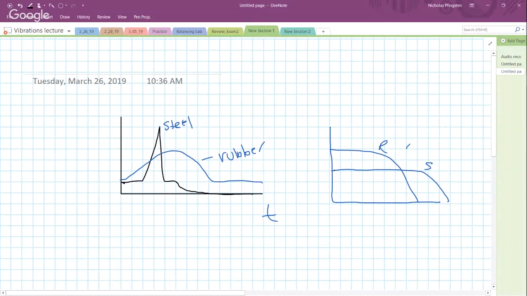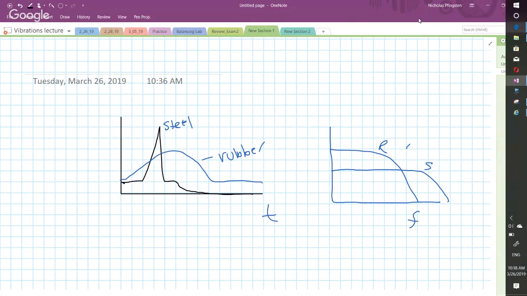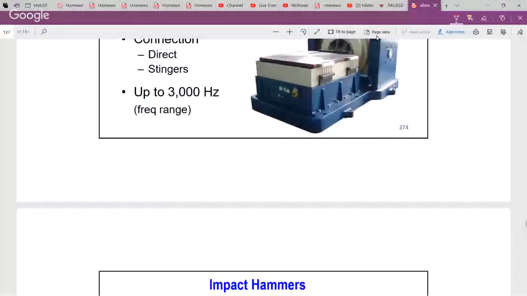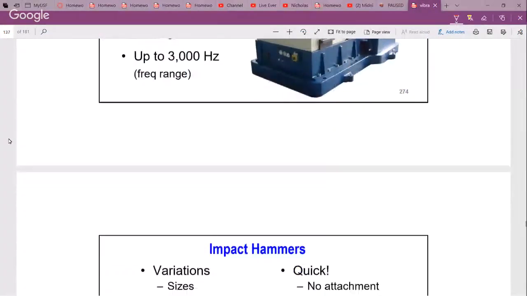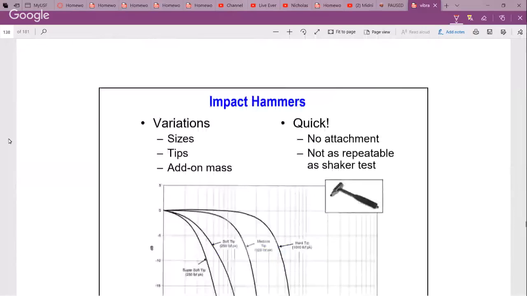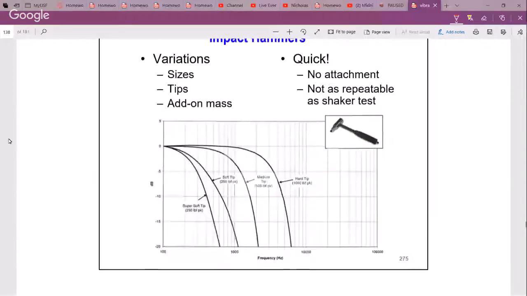So we use this for quick tests. They're a lot easier than shaker tests, which take a long time, wherever you have mounting fixtures and so forth, or whatever you're testing. With a hammer, you just show up, start smashing stuff. Right? And so the only thing you're going to be concerned about is what frequency range you are trying